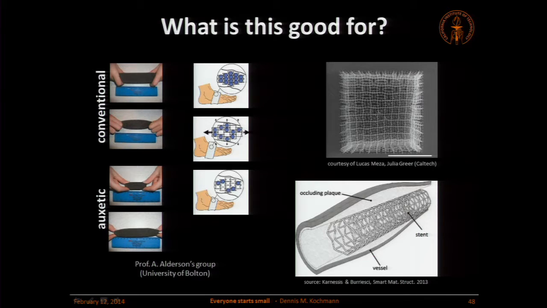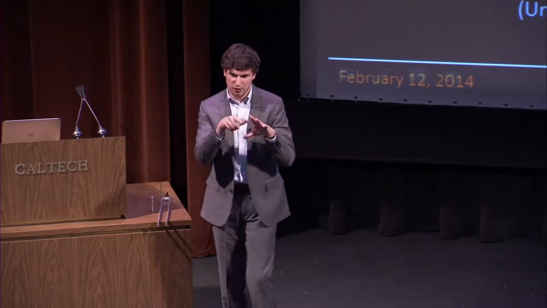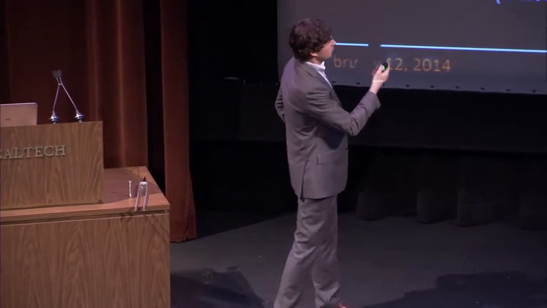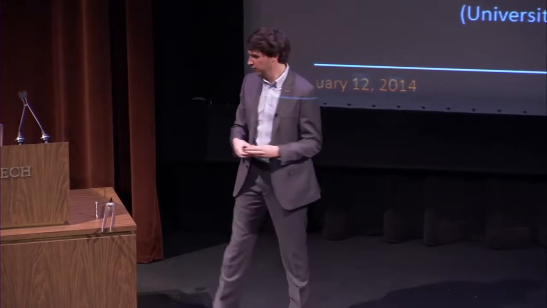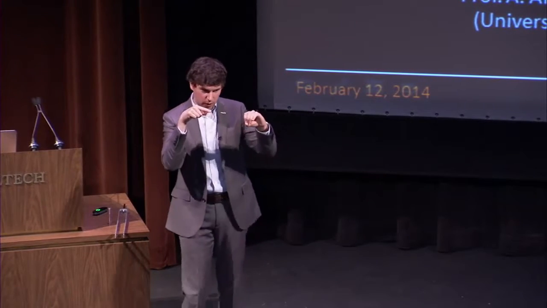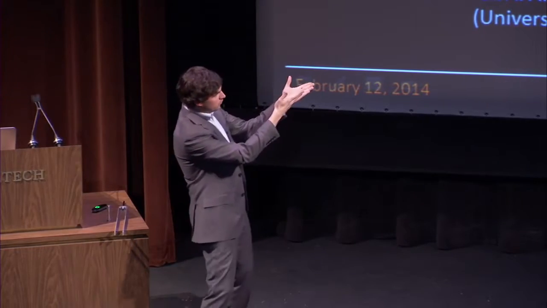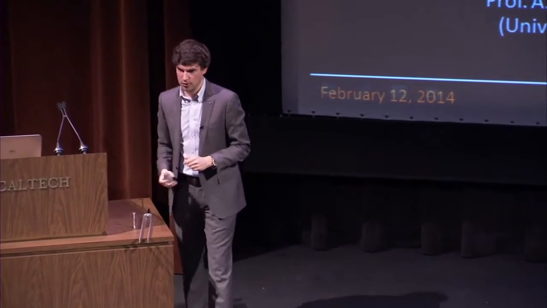biomedical stents. These are being used very widely nowadays to open up clogged arteries, blood vessels. Whenever you have plaque in there, you need to open up these arteries to prevent further damage. So what medical doctors do is they insert a small stent, a piece of metal, which is then basically blown up. It expands to open up the clogged blood vessel. And these auxetic materials are ideal for this. You just take a very small piece of this auxetic material, you insert it into the blood vessel, now you pull on it and it expands. And based on this, you can expand the artery in exactly the way you want. Makes it really easy.